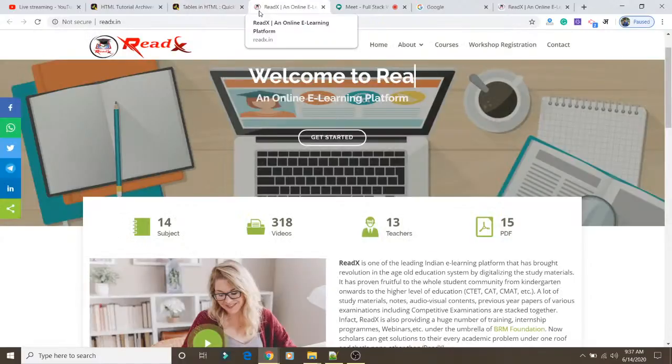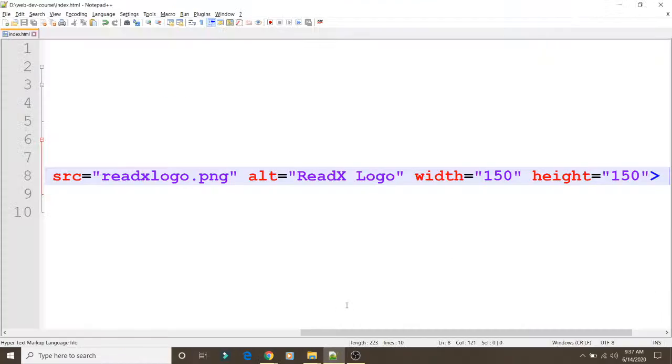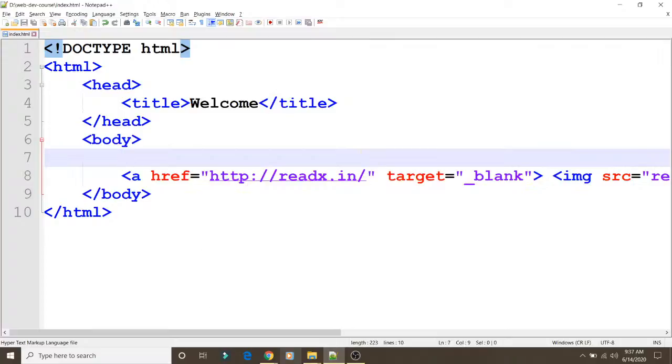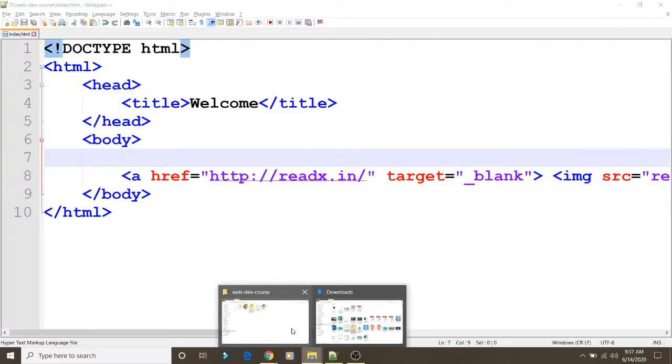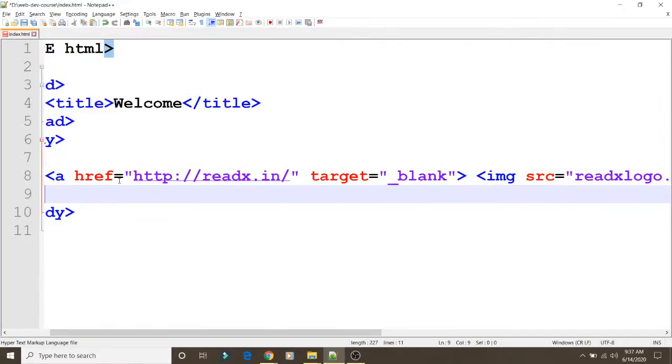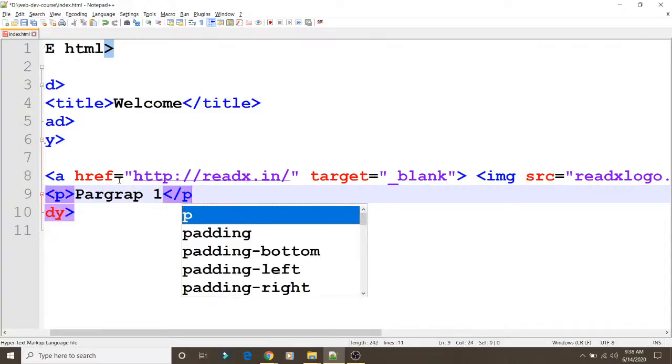I hope you have got the idea. One more thing we need to take care of is this: suppose we have this image, and after this image we write one paragraph, like this, paragraph 1.